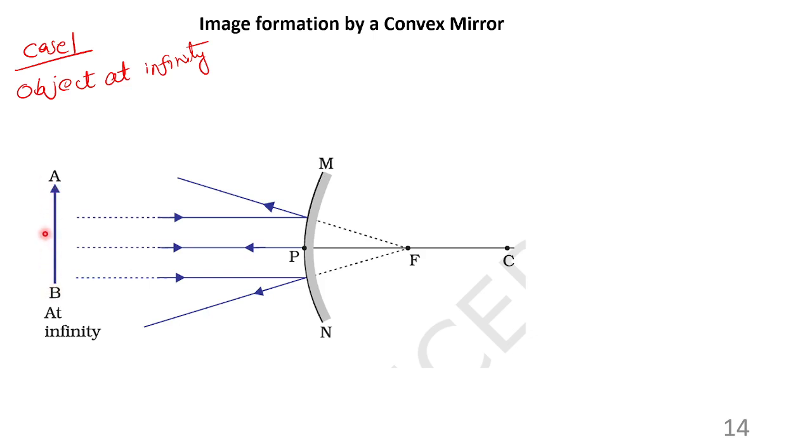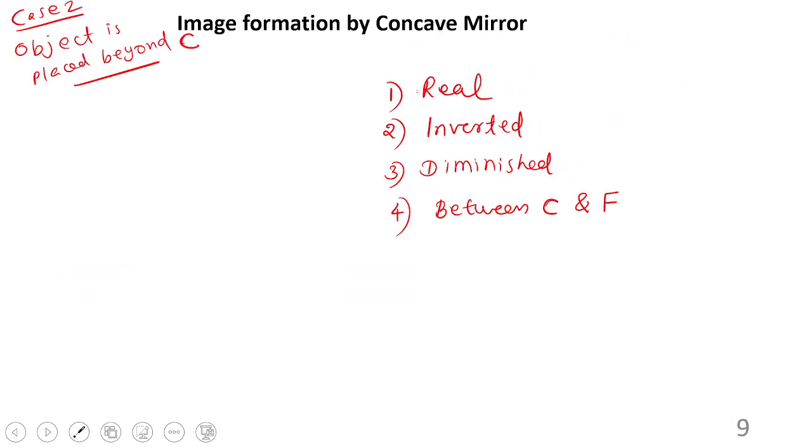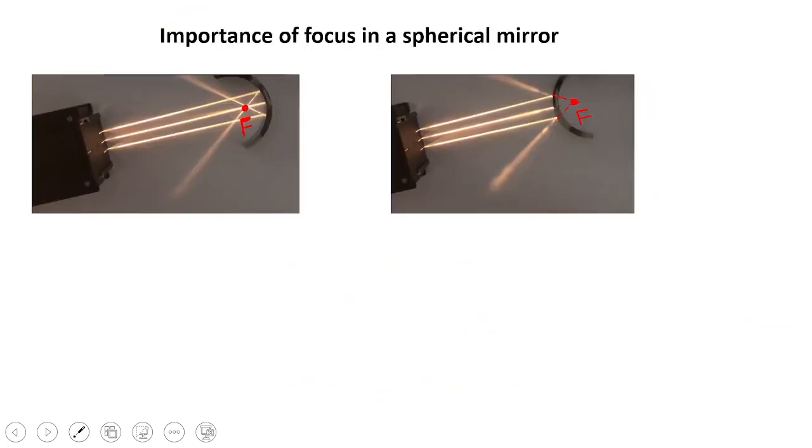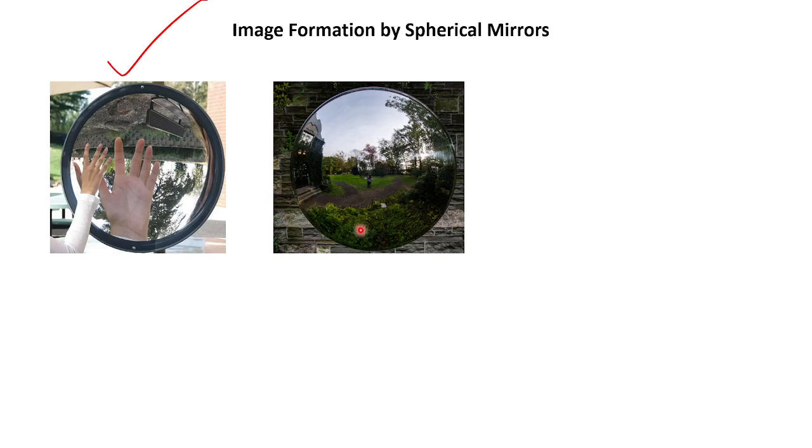It is at infinity. What do you expect? I will tell you. Look here. Now I am talking about the second type of mirror, which is the convex mirror. Understood? It is bulging towards me, as you can see in the diagram. So consider there is a tree which is a few kilometers away from